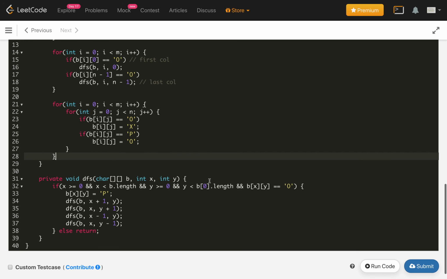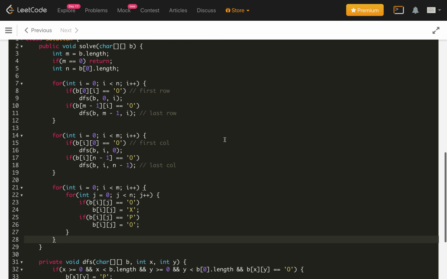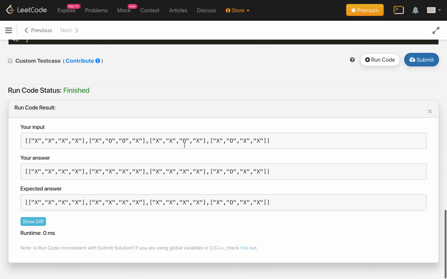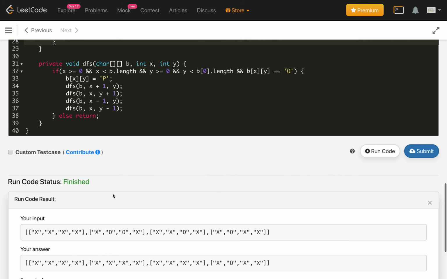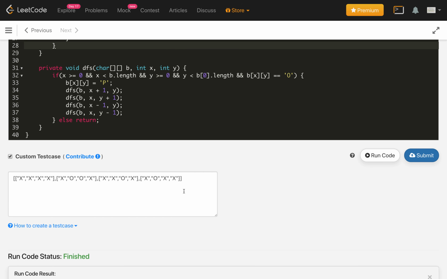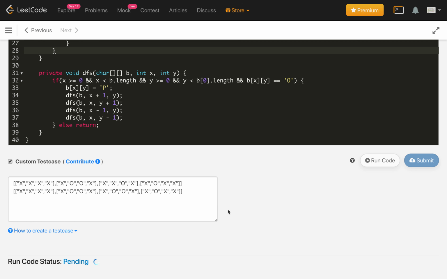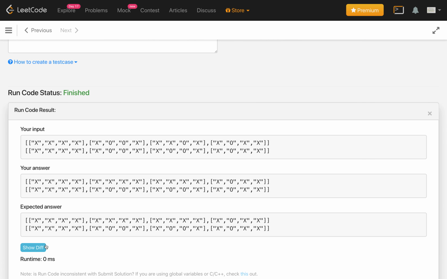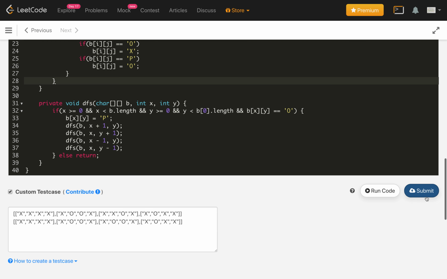Let's compile our code. It is compiled and we are getting the correct answer. So let's try one more custom test case for a different matrix. Here I am trying to go 0, this one is the border one. Now I am replacing this with O. Let's see, all should be the same. So the answer is there will be no O replaced with X. So we are getting it correct. Let's submit our solution,